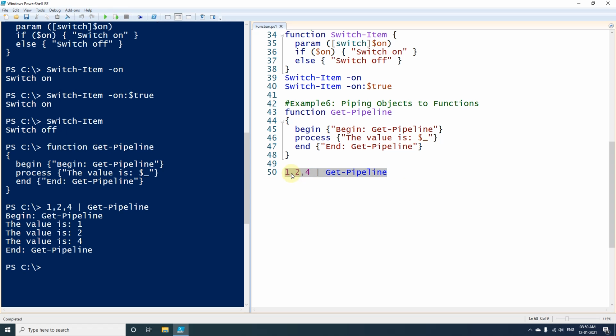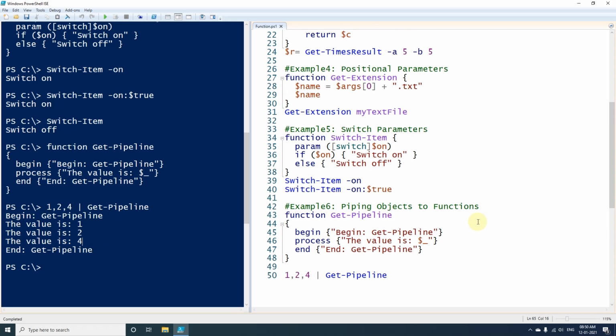I have executed this one, and you will see that we have got output like this. As I told earlier, begin will be printed only once and end also will be printed only once, and the process block executes for each of the values from the pipeline. So it has given output as 1, 2 and 4. This is how any function works when we use it in a pipeline.